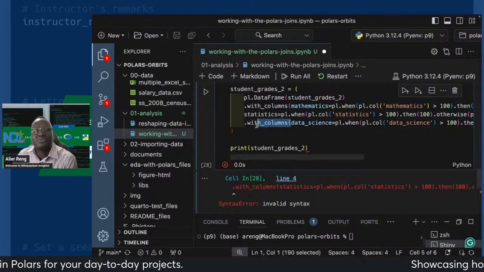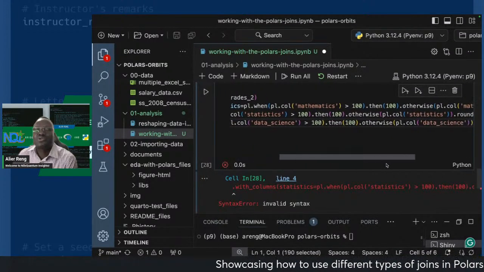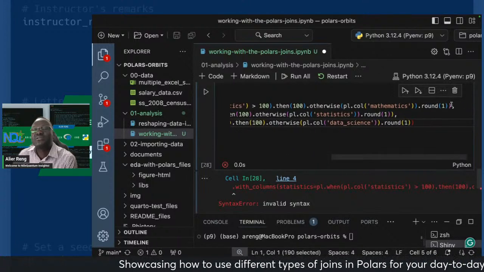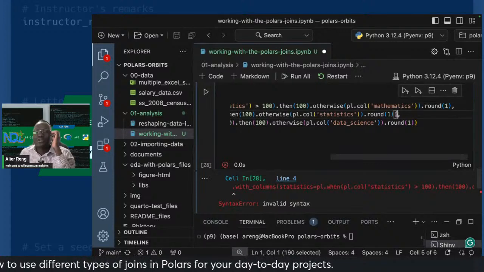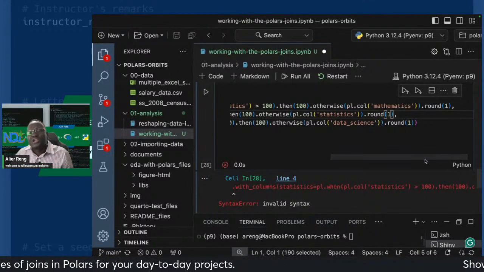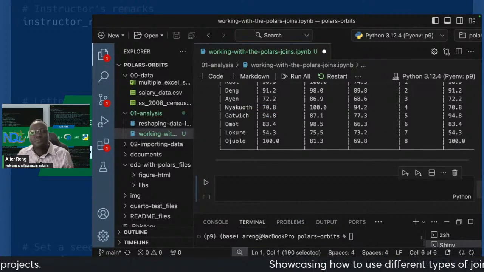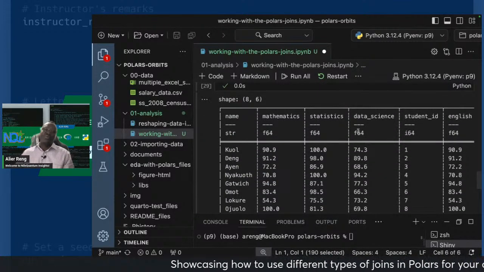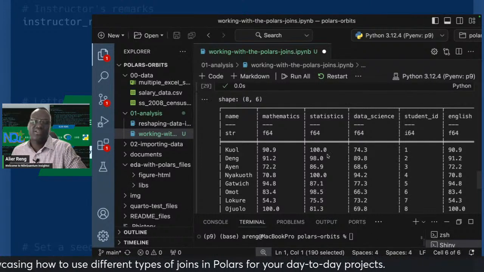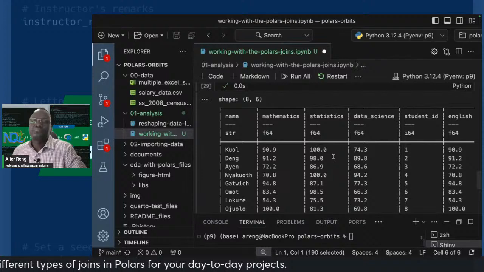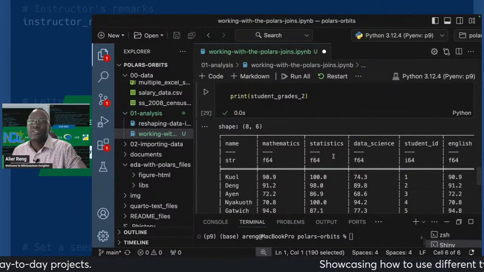So I'm supposed to use just one, put all these within just a single dot with underscore columns, but I was creating more like 3 different calls of dot with underscore columns. Okay, so this is this, but again,